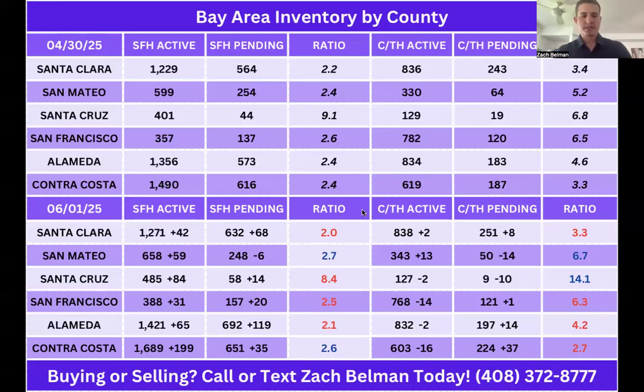Well, as you can see, in the single family home active column, we had an increase in inventory across the board. So across all counties that make up the Bay Area, we had an increase in single family homes coming to market. Now, if we look at the pending column, we also had across the board an increase with the exception